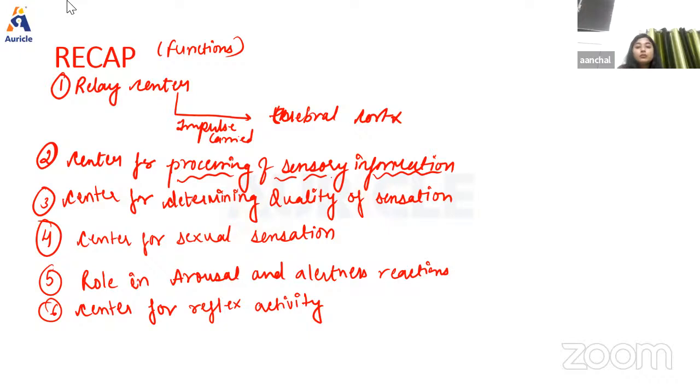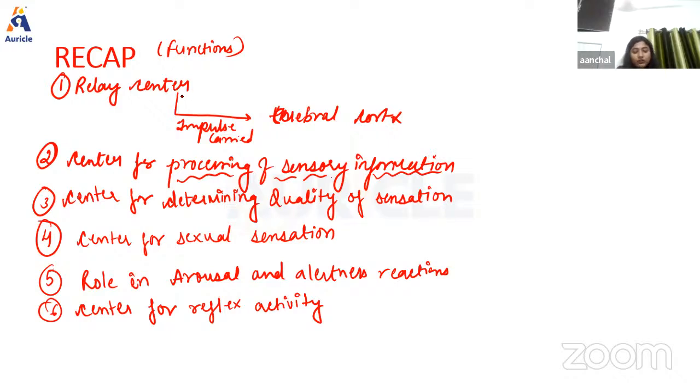Okay, so Kavya, can you tell me another name for the thalamus? I don't know. Can you please explain that? Just now we have studied that the thalamus is also known as the relay center. Why is it known as the relay center? Because impulses are carried to the cerebral cortex. Yes, because the thalamus forms the relay center for the sensation.